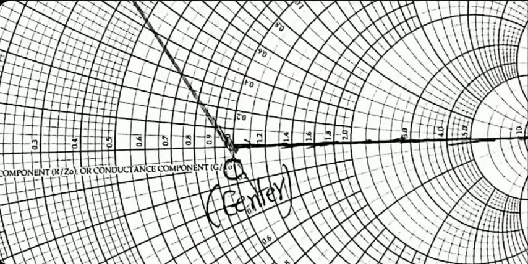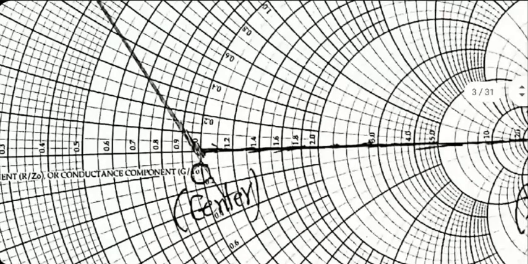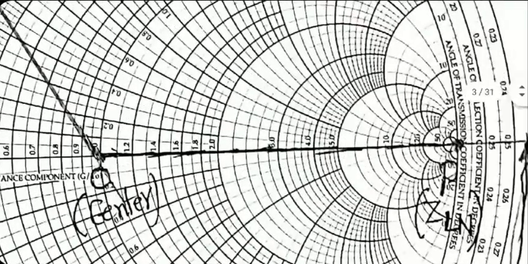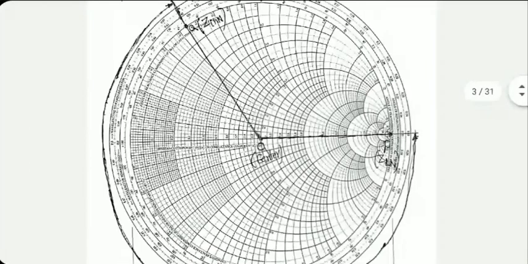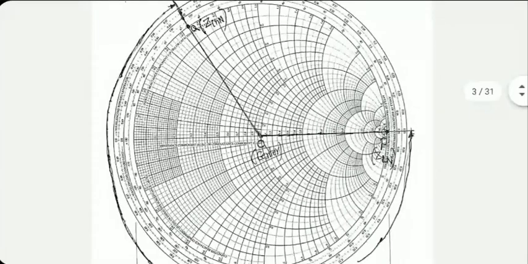As RLN goes to infinity, the circle collapses into a single point at the right extreme on the horizontal line. And XLN is 0 anyway, which means the horizontal line. All the positive XLN values are in the upper half of the chart, all the negative values are in the bottom half. In between, the horizontal line represents XLN equal to 0. It can be seen from the equations I showed you last time.